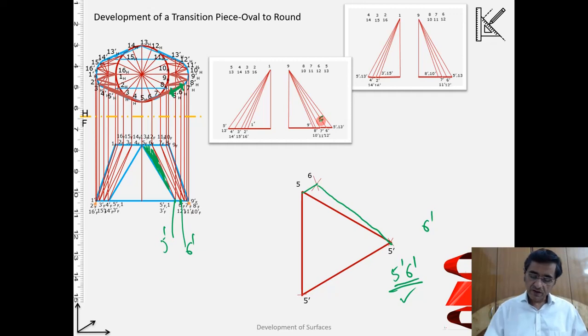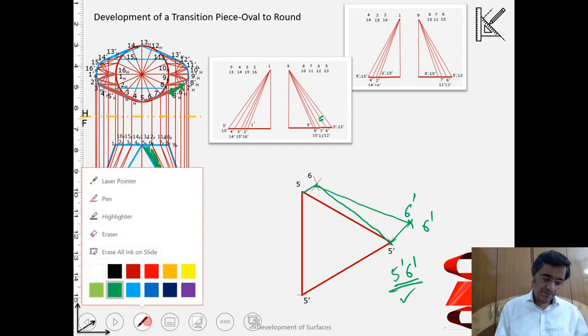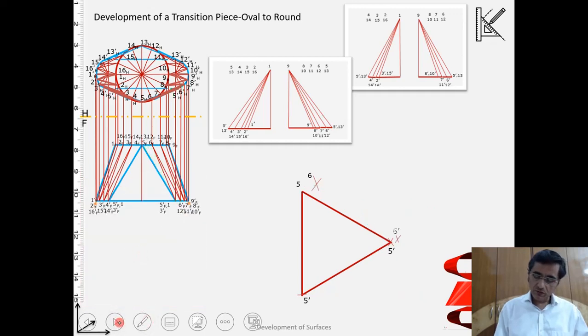Once it is done, I can take the arc from here equal to 5 dash 6 dash. Again from 6 I take the arc, get the point, and then I will be able to locate the point 6 dash. Okay, let's do it. So if I locate the point 6 dash, similarly I can locate the rest of the points. Triangle by triangle we are locating the points, because we know all these lengths. So this is on one side, then similarly on the other side,